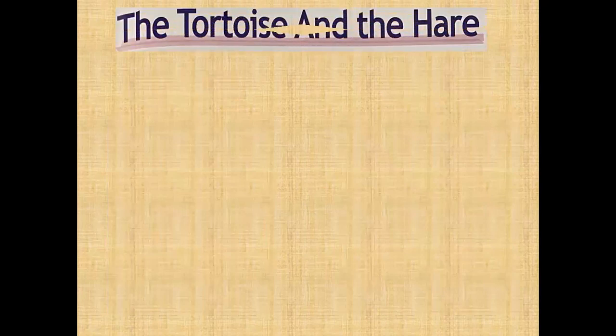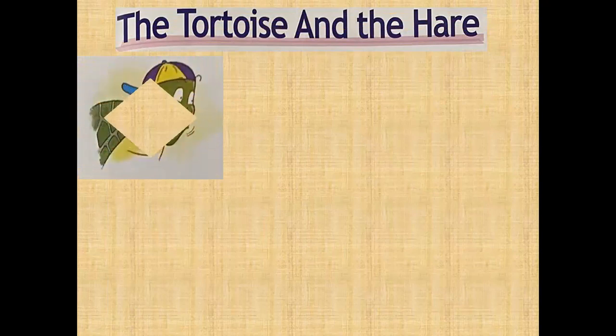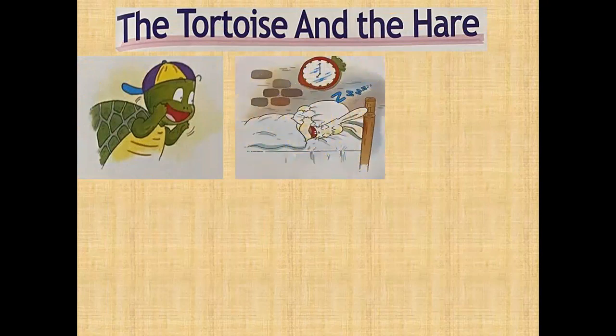Now we're gonna start the picture walk. As usual, we're gonna start with the title, which is the Tortoise and the Hare. Picture number 1. Tortoise is shouting, and because of that, it's putting his hands around his mouth. Number 2. Hare is sleeping on her bed, and there is a clock on the wall, and